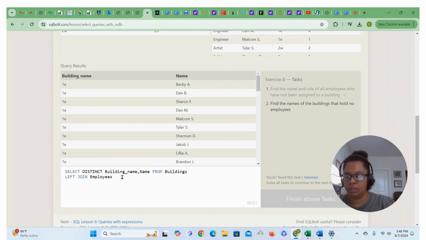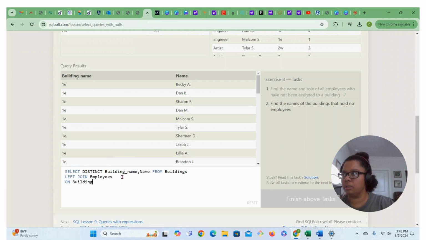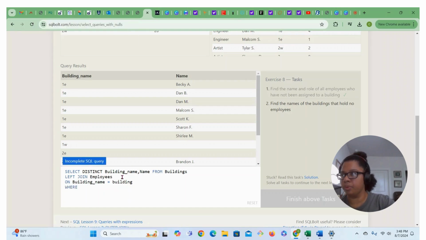And then we're saying on building equals building. Okay. That's what we're saying. And we're saying, because they said where they have no employees, where